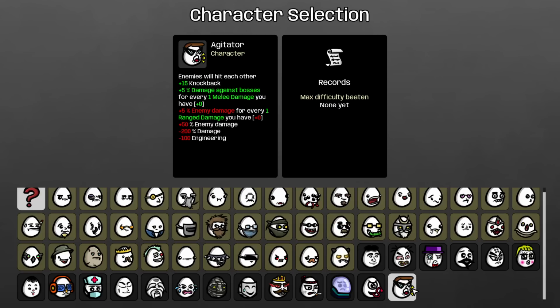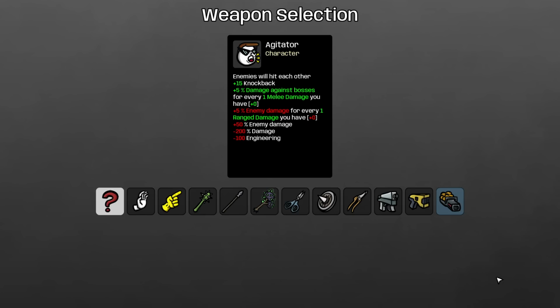We got the Wholesaler in this one, of course, but there has been a new character added to it called the Agitator, who seems quite wild. Enemies will hit each other. You get 15 knockback up, 5% damage against bosses for every melee damage you have, enemy damage up for every range damage you have, 50% enemy damage up, minus 200% damage, and minus 100 engineering. So there's a lot of wild things going on, but obviously the key thing being that enemies will bump into